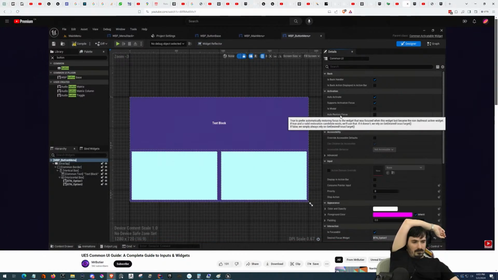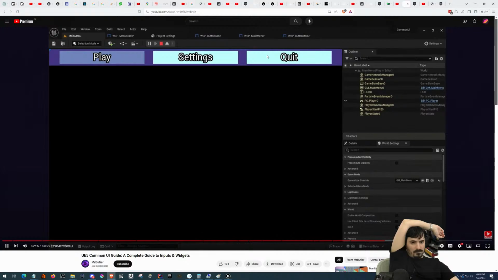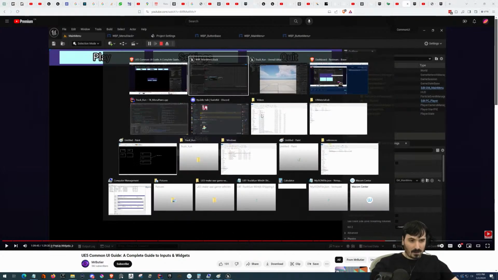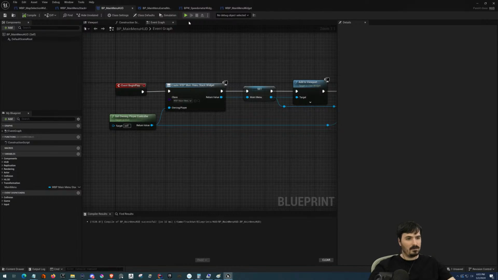Now it should default to that anyways, but if you ever want to specify different actions, you can do so. And then auto restore focus is something also useful, so it just automatically will restore focus to the last widget when you close out this widget. So if we did auto focus, we hit play, hit circle, and we go back to play. So we're just going. Okay. So if we go to main menu,